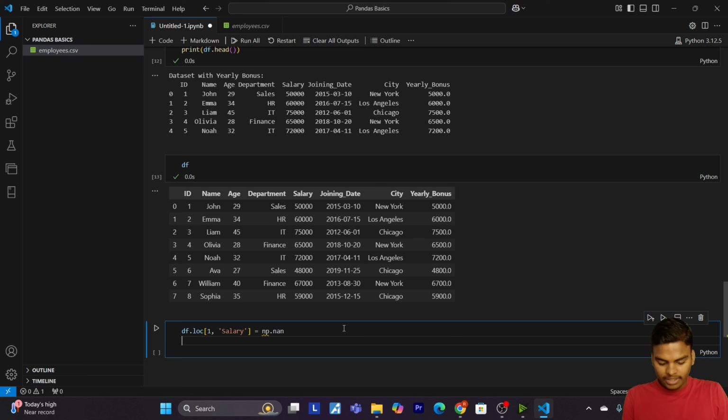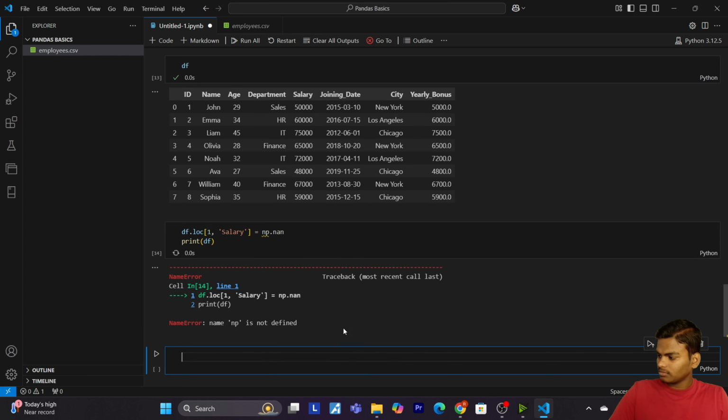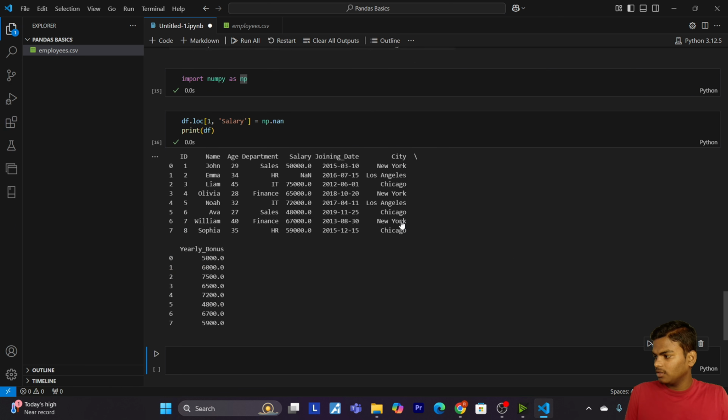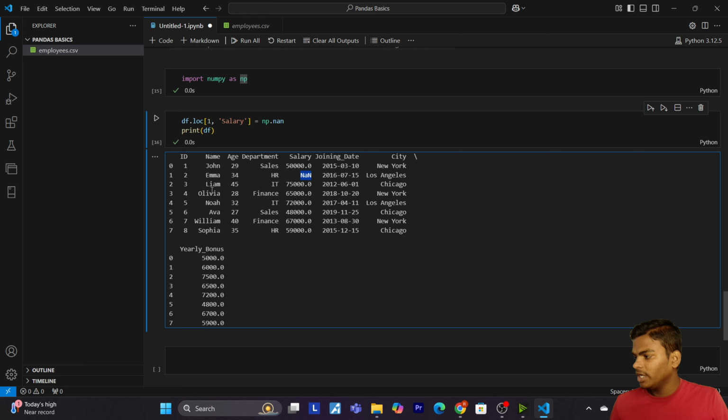So now let's print df. Okay, np is not defined. So let me define import numpy as np. So here you can see that I have the none value at my index 1.